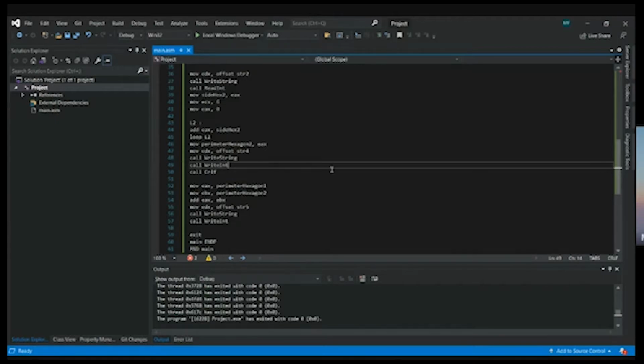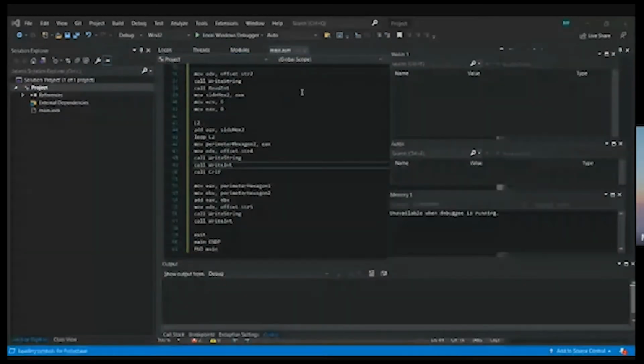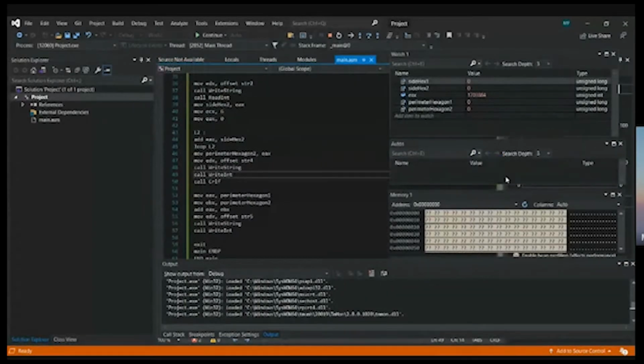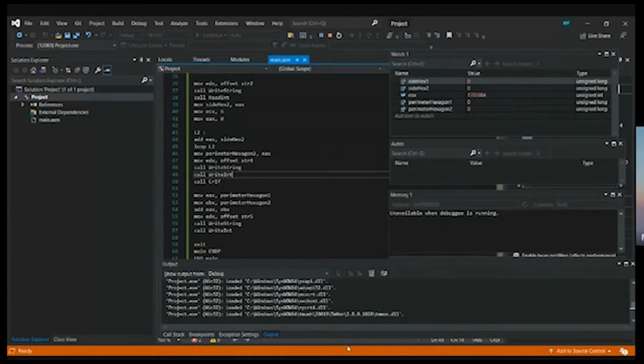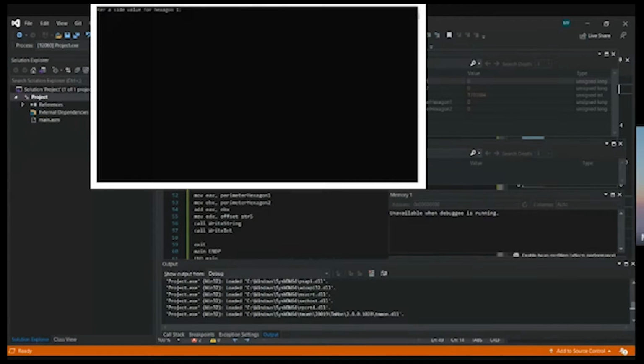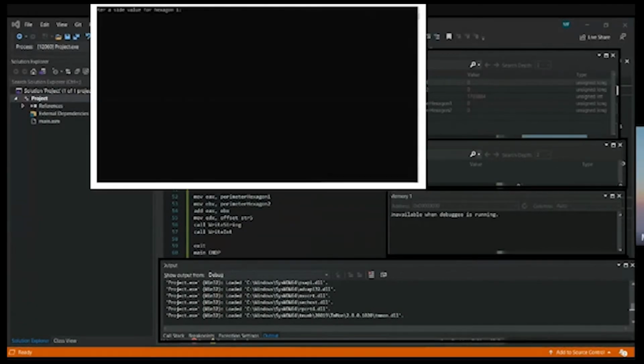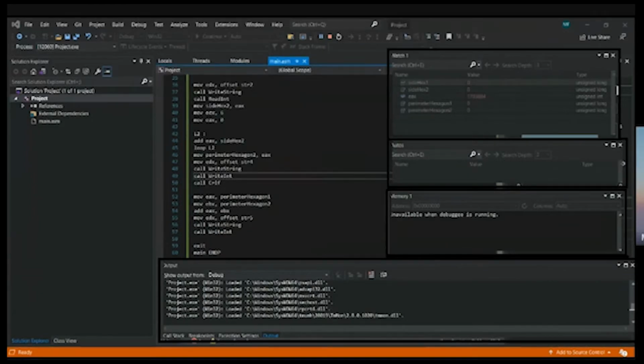So let's try and run. Okay. Here, enter side value for hexagon 1. So in this case, I will choose 5. So it will show up the total perimeter of hexagon 1 is 30, which means 5 is added by the number 5, 6 times, which is 5 plus 5 plus 5 plus 5 until 6 times, and we get the